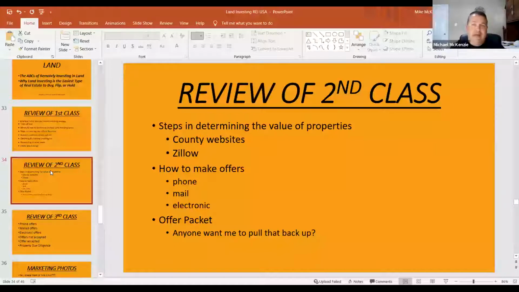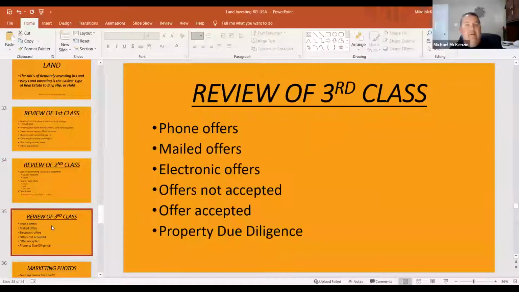We also talked about the offer packet and what was involved in that. Again, that was the cover letter, the contract, and an envelope for them to send it back to you. You don't necessarily have to put a stamp on that, so to speak, but you can send a self-addressed envelope back. And last month, we talked a little bit more in detail about phone offers